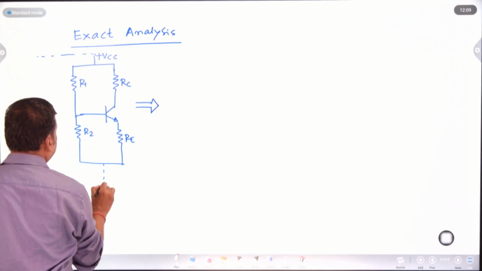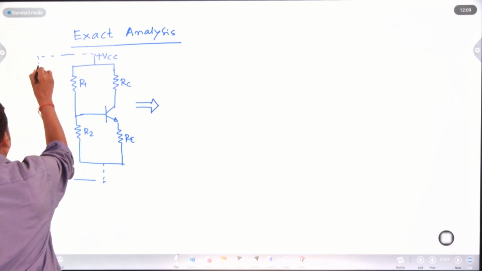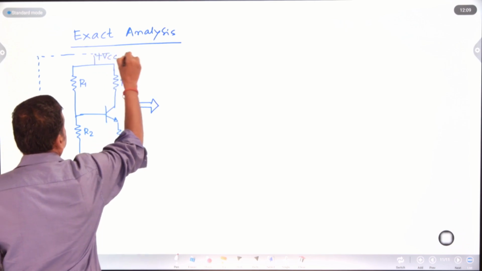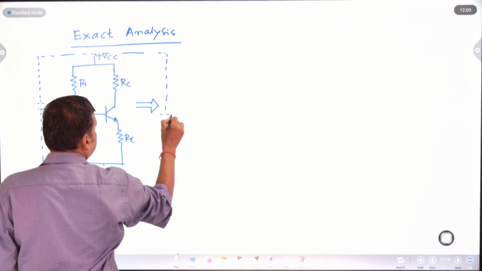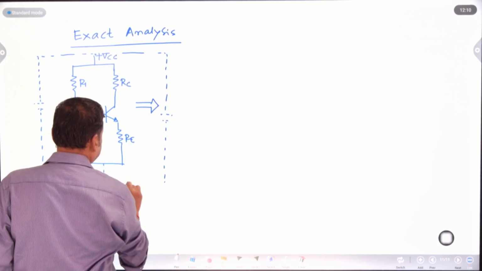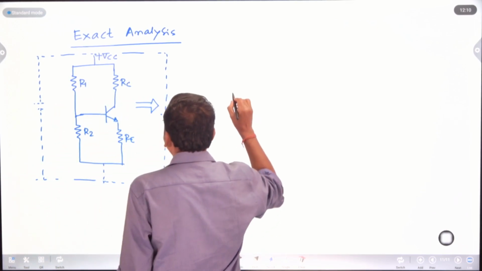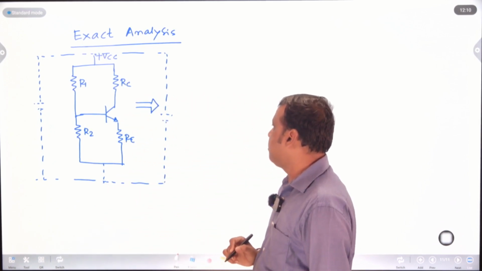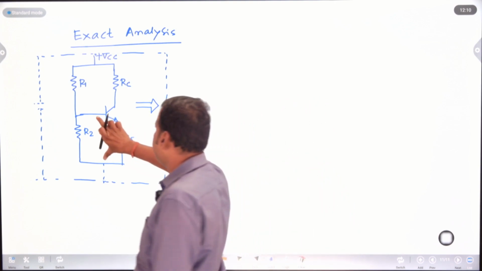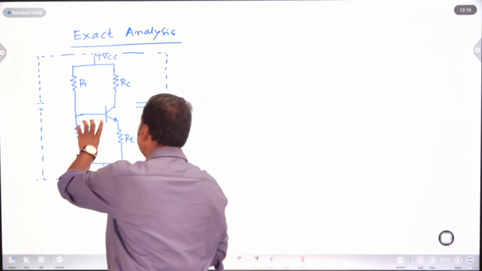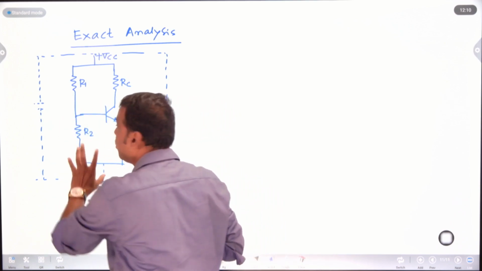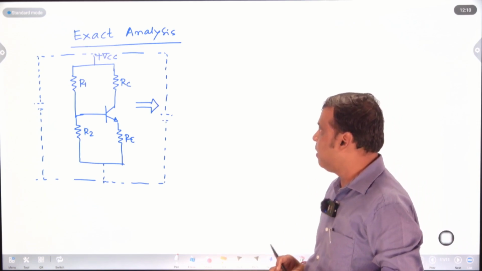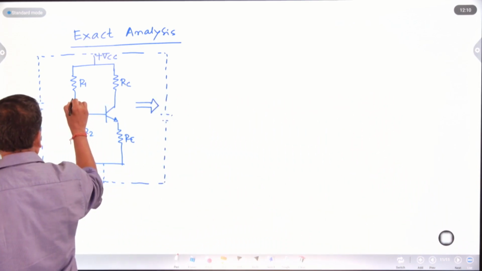So here this is nothing but VCC. The same VCC is supplied to both input and output. First of all, in case of exact analysis, the input circuit can be modified into a Thevenin's equivalent circuit. In case of voltage divider biasing, in approximate analysis, this is your I1 and this is your I2,